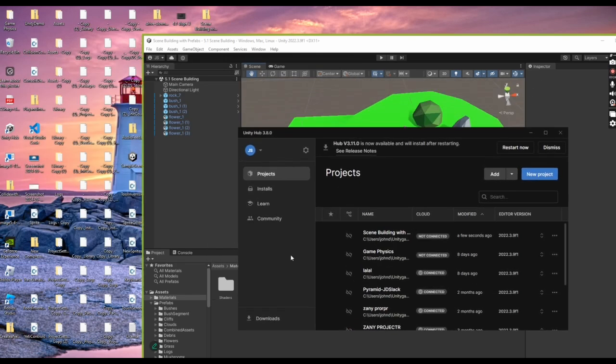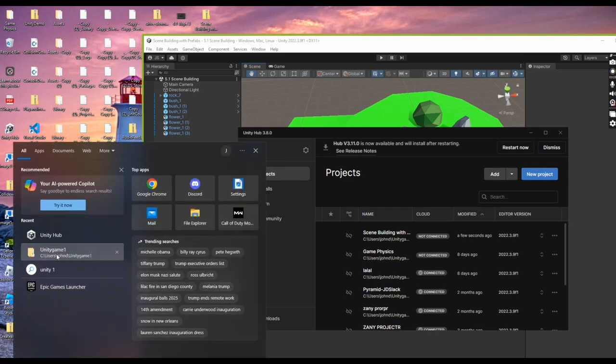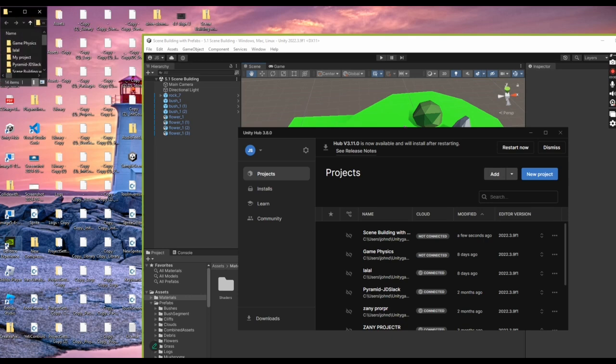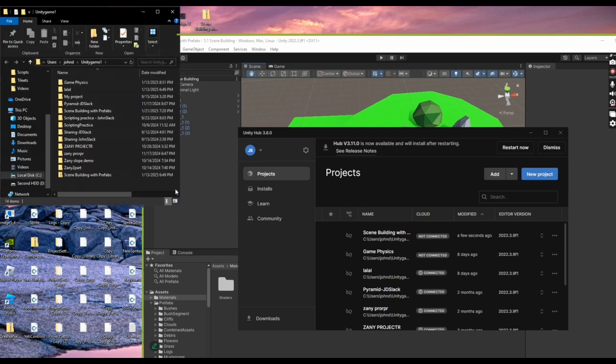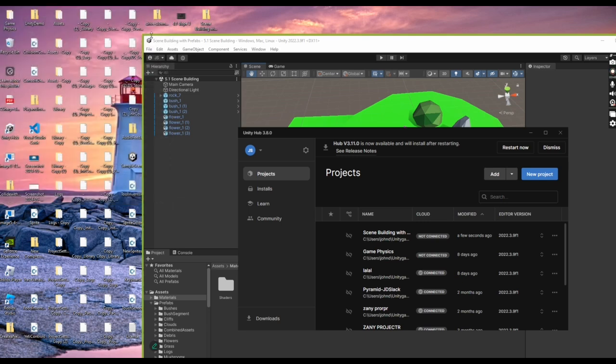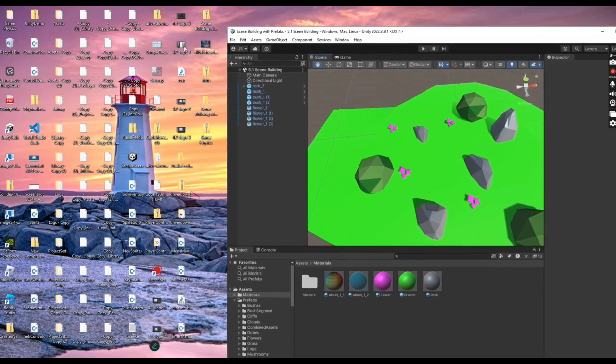Basically, I had to find my Unity folder. It was very, very buried. This is the folder. Why is it so small? This is the problem with Windows computers, isn't it? My whole Unity folder for all that stuff is called Unity Game 1, which I was just looking up for Unity, which was the main problem. And what I ended up having to do is select the entire